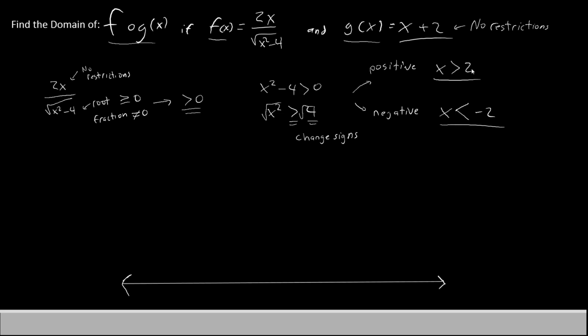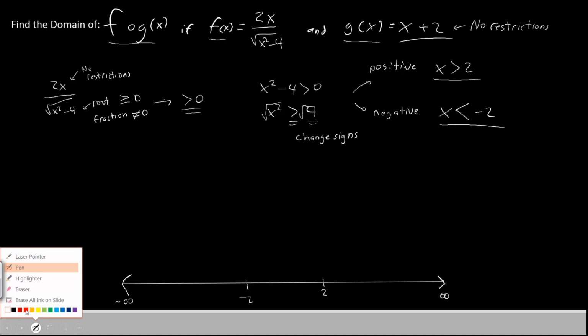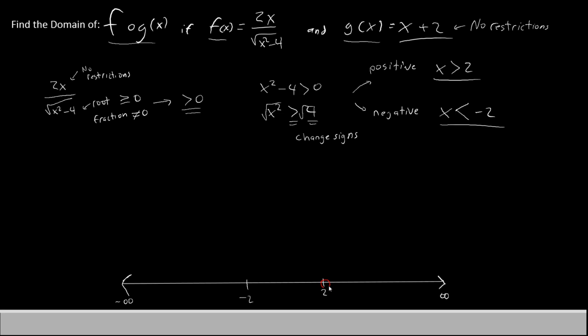With those in mind, let's try to graph them. Well, as always, the left arrow is negative infinity, and the right arrow is positive infinity. Our 2 will be somewhere over here on the right side. Our negative 2 will be somewhere here on the left side. Now, according to what we've drawn, x has to be greater than 2. And notice it can't be equal to 2. So we'll put an open circle there, but we will say that greater than 2 is okay. I'll fill that in with green.